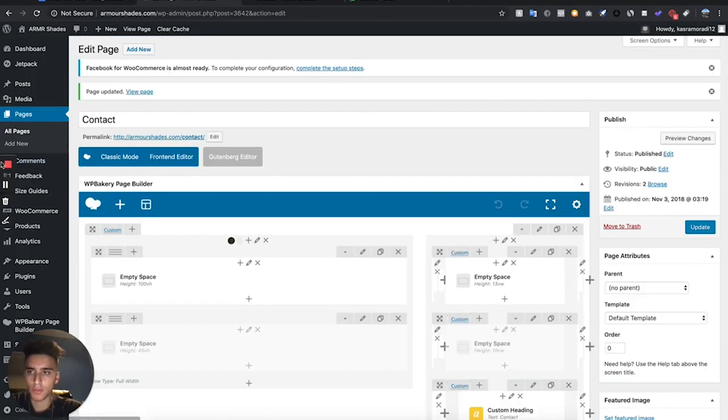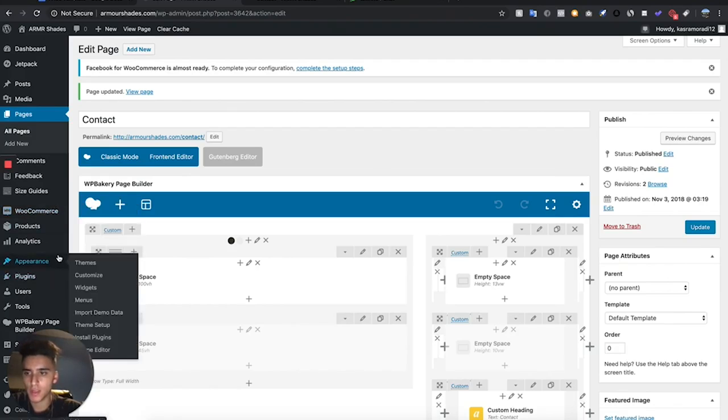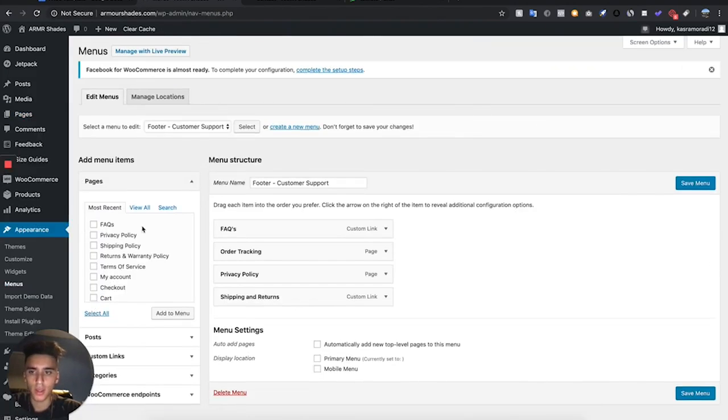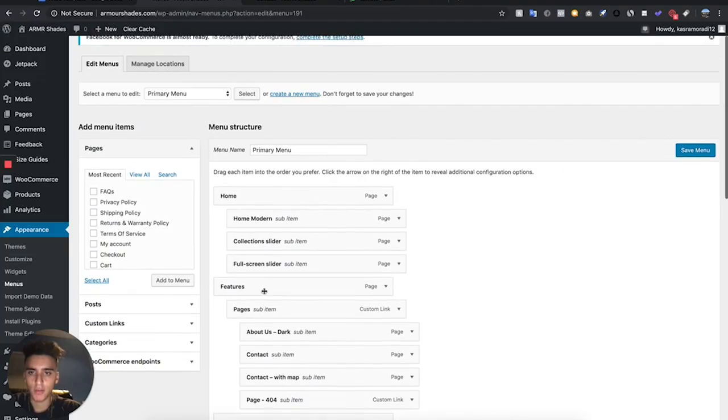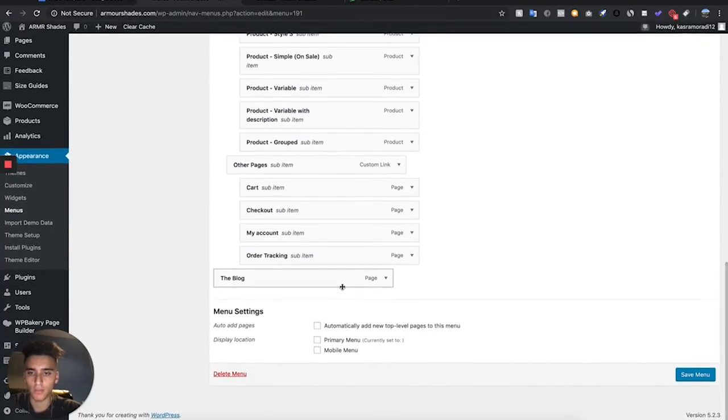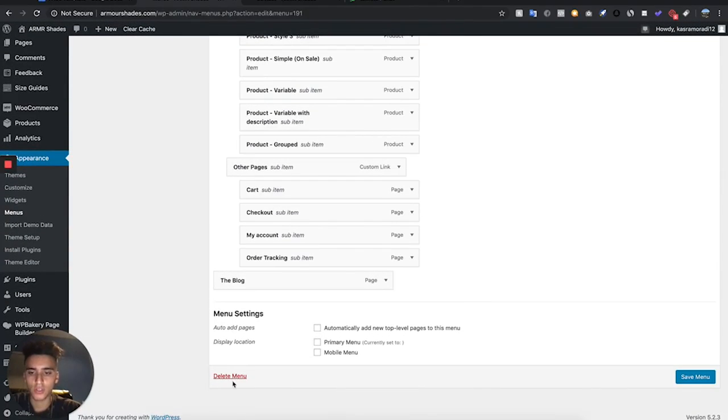Now we have added all of the pages. We're just going to go ahead and add them to our menu now. So we're going to go to appearance, go to menus, and then select our primary menu, and I'm just going to delete it because it comes with all the standard menus. So I'm just going to delete this,